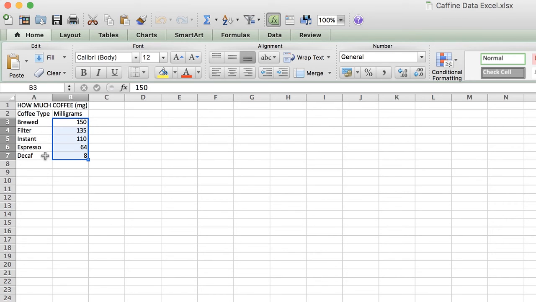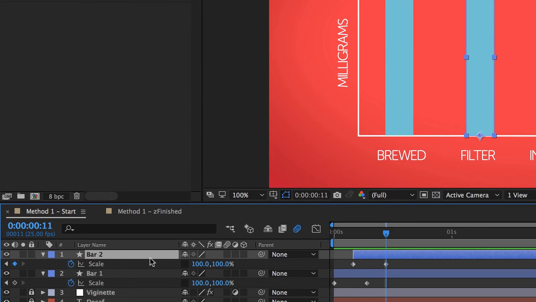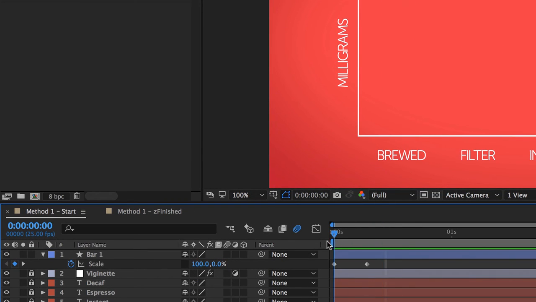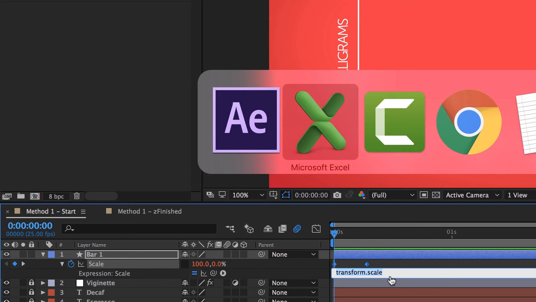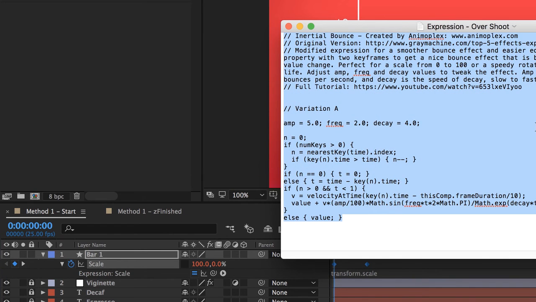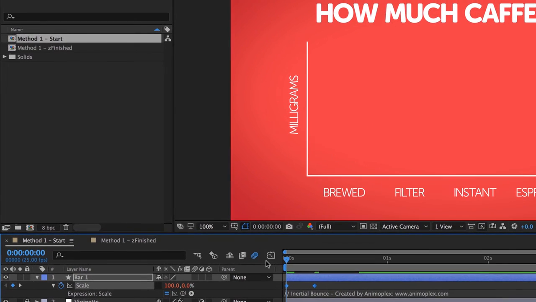A couple of little tidy up things we'll do before we go. I'm going to bin bar 2. Goodbye. Here would be a good time to go through, select these two guys here. We're on scale, remember hold Alt on a Mac or Option on a PC. Okay, it's the opposite of what I just said. Okay, it is Alt on a PC. And grab, remember our expression, come into here, delete them, paste it, okay,